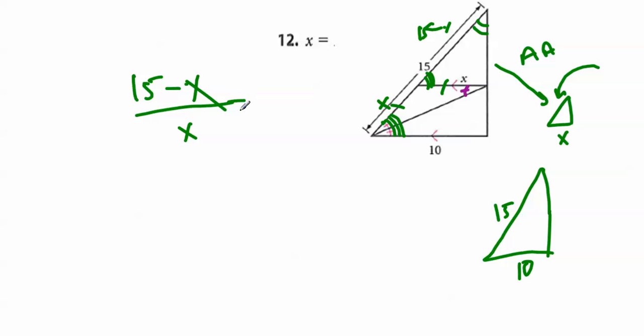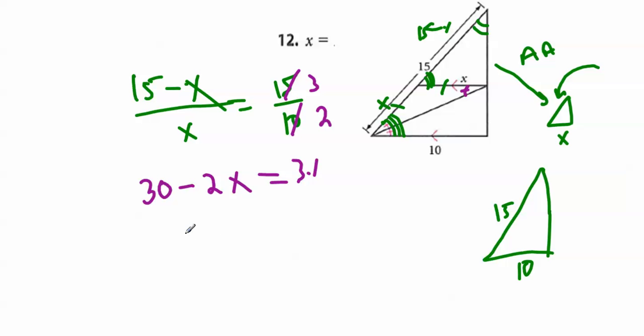x is equal to 15 over 10. I'm just going to call that 3 over 2. So I'm going to have 30 minus 2x is equal to 3x. That is going to give me 5x is equal to 30. And of course, x turns out to be 6, which is what the Cowboys needed to get